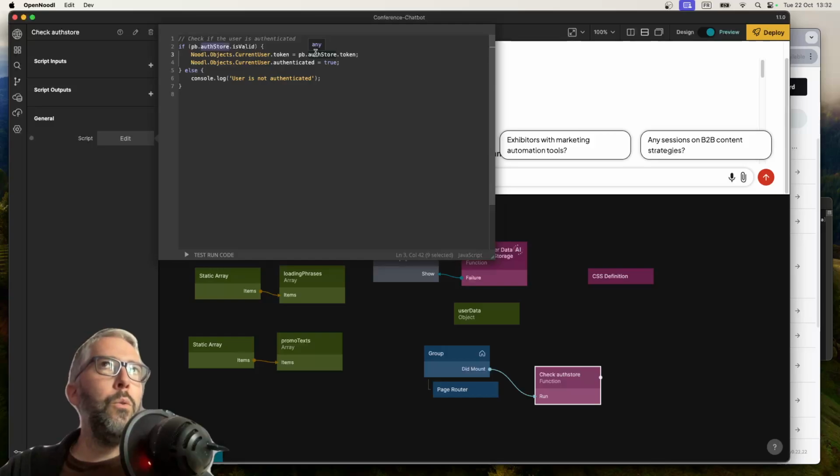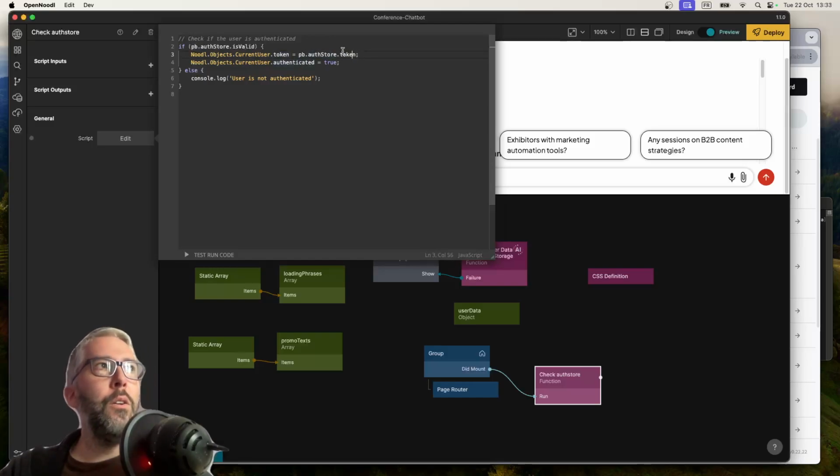And so when you authenticate with Pocketbase, when you use some sort of login or sign up feature, or let's say login, the sign up doesn't actually change the auth store. We have to sign up and then log in. So we sign the user up and then log them in, or we just log them in. An auth store object is created, and it'll have a token. So that this is retrievable by Pocketbase because it's stored in cookies. I can't remember if it's cookies or local storage, but Pocketbase automatically stores it in the user's cookies or local storage. And then we, through the Pocketbase.auth store, can access that from local storage or cookies and pull out the token, and also pull out